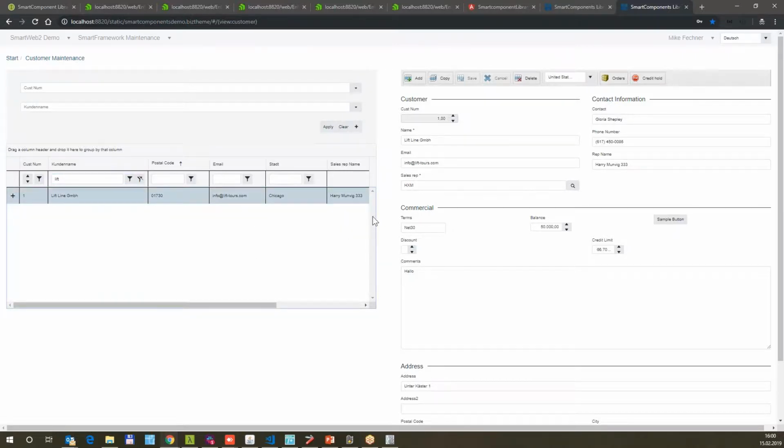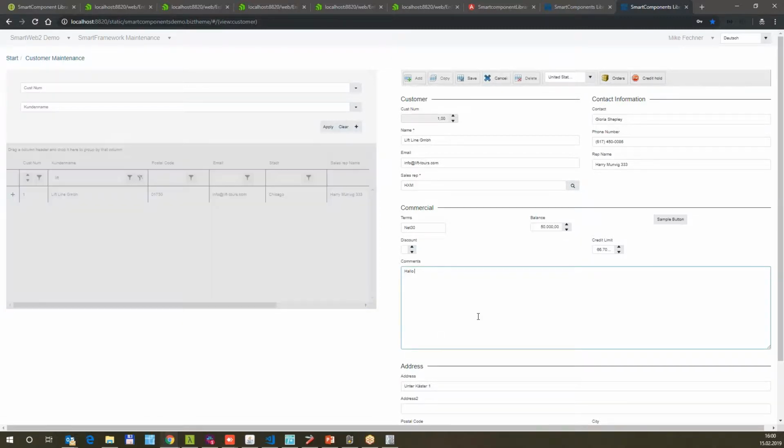And when I click then on the record, I see the details on the right-hand side in the viewer. Typically, we have some form of a toolbar component on the screen to control the update process: adding new records, copying them, deleting them. I can make any